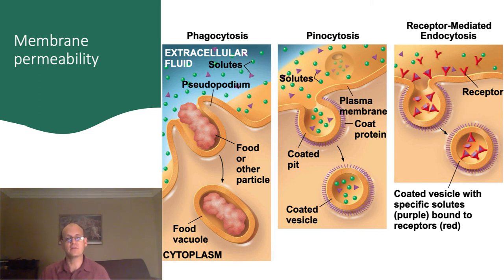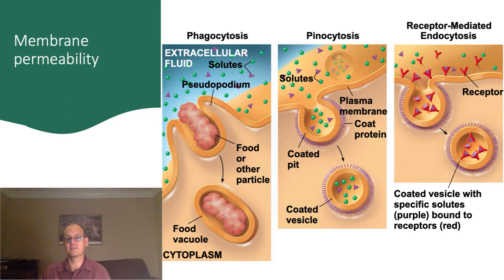In pinocytosis, small pits form in the surface of the cell, and whatever solutes are in that region are brought into the cell. Cells use receptor-mediated endocytosis to bring in specific molecules to the cell. Receptors for the target molecule are concentrated in regions of the membrane, and as these are brought into the cell, the contents of the vesicle is mostly the target molecule.